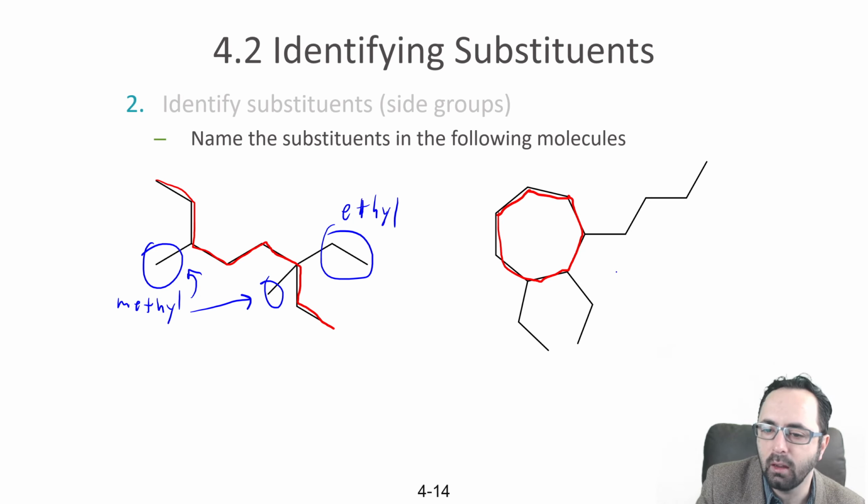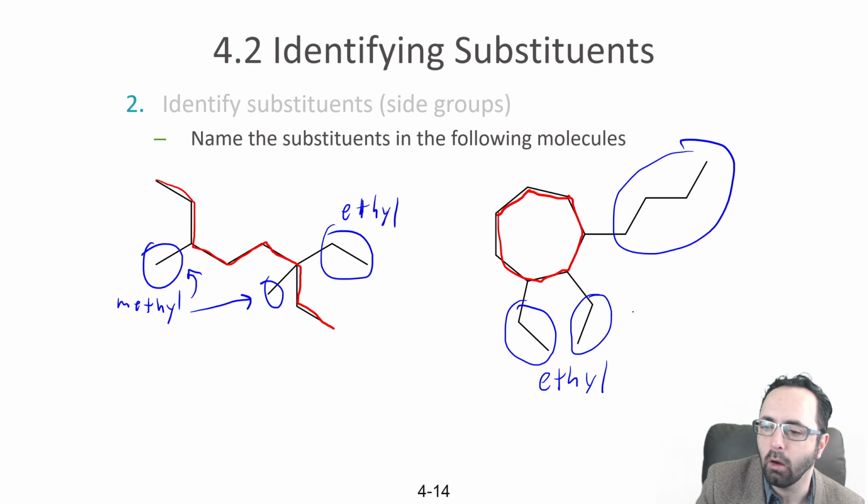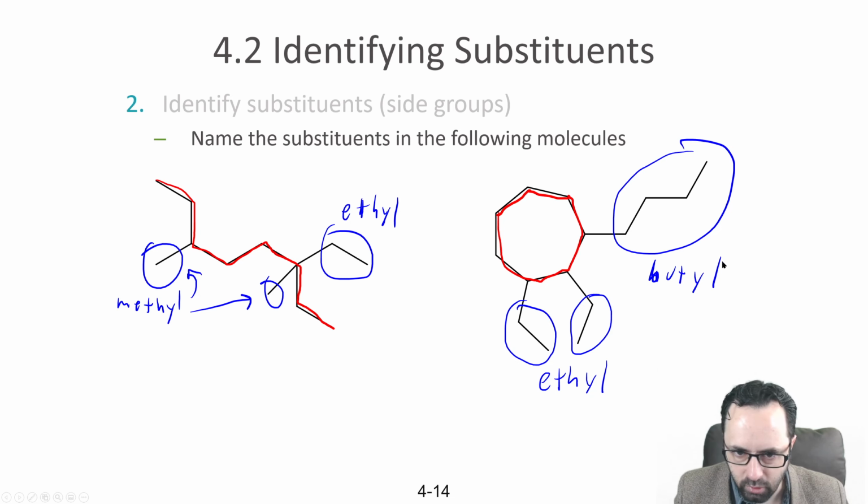And then here we have these branches. These two both contain 2 carbons, so they'll have a prefix of eth, and yl meaning branch. So the 2 carbons are right here, 1, 2. This branch contains 1, 2, 3, 4 carbons. So it will be called but for 4 carbons, and then yl, butyl, for branch. So that's how you name the substituents.